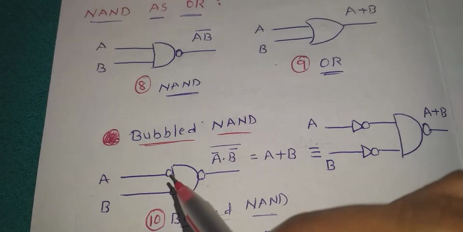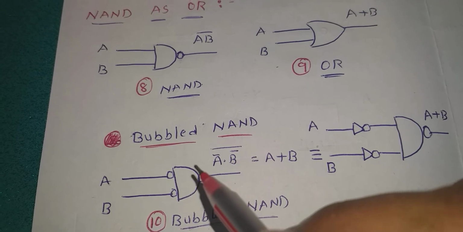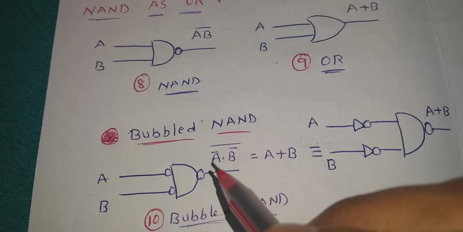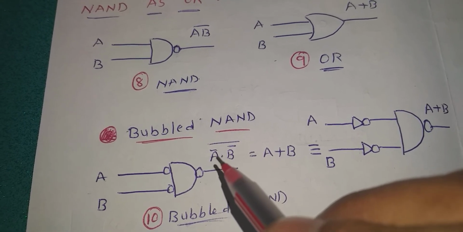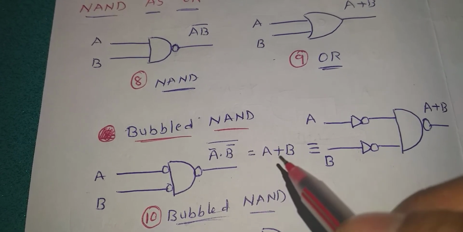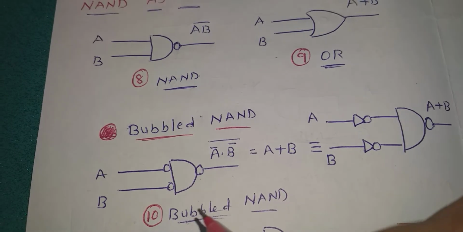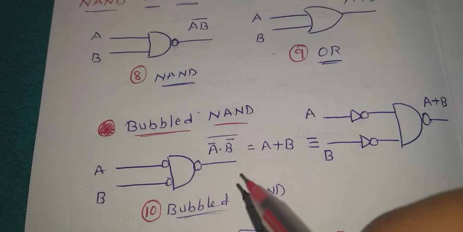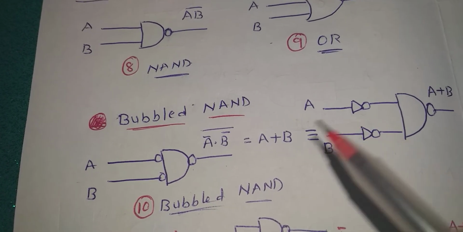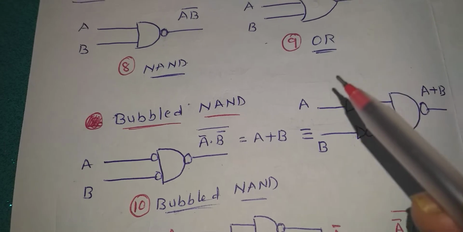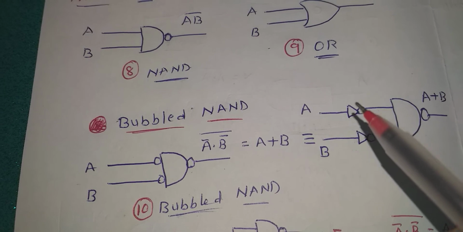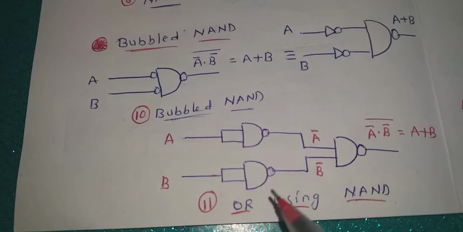That means here this is A bar. Now this is B bar. Since it is an AND gate, (A bar into B bar) whole bar. Now according to De Morgan's theorem, A bar is going to be replaced as A, then dot is going to be replaced as plus, then B bar is going to be replaced as B. That means based on this we can say that a bubbled NAND can act as an OR gate. Therefore the bubble is going to be replaced like this, a NOT gate, here also a NOT gate. Now in place of the NOT gate we are going to use a two input NAND gate by tying the inputs together just like this.